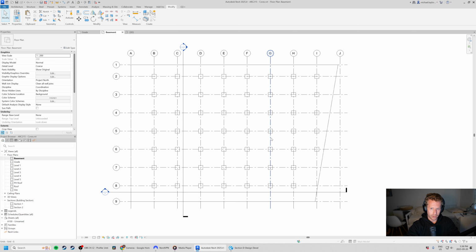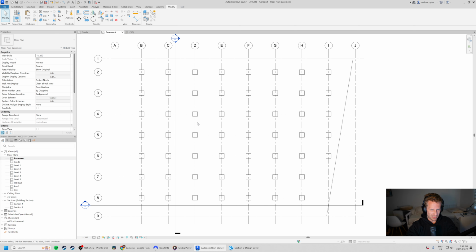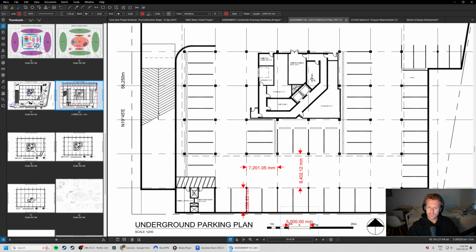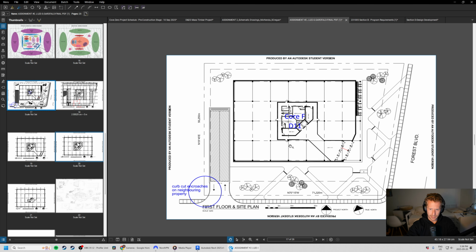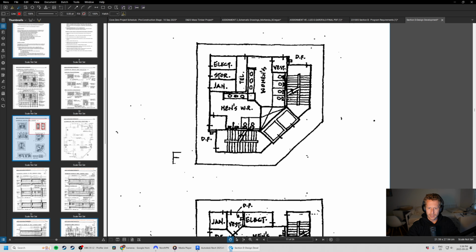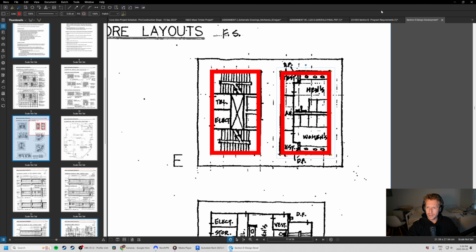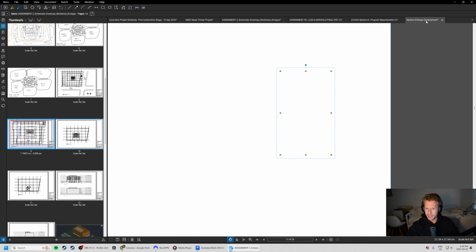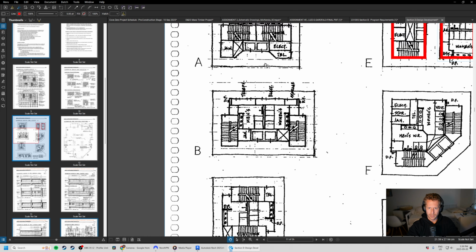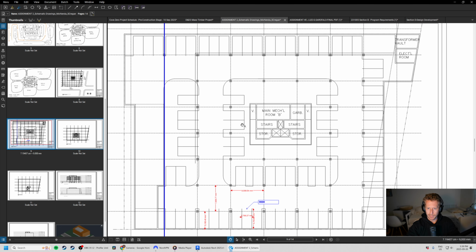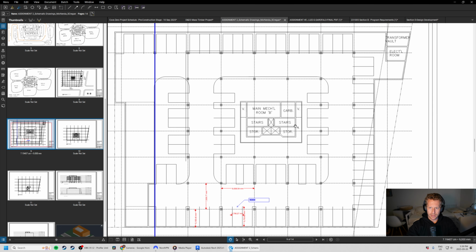So what I'm going to do real quick here is draw what I think would be roughly our elevator stair core piece. And I know as a reference here, I'd given myself a little bit of a test to the size. Oh, core F, I see. So core F is here. So core E is here, core F is there. This is some other version. This must be core, where's in the middle here? I guess core A. Oops. Yeah, something like core A, just to get us a sense of